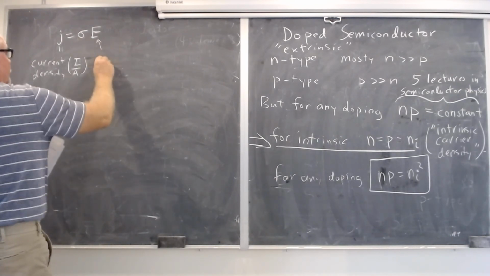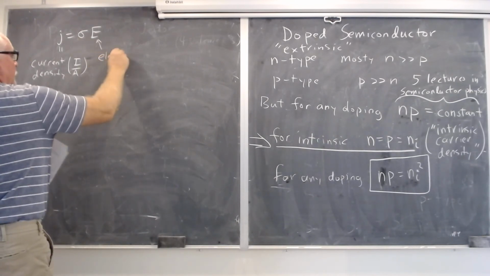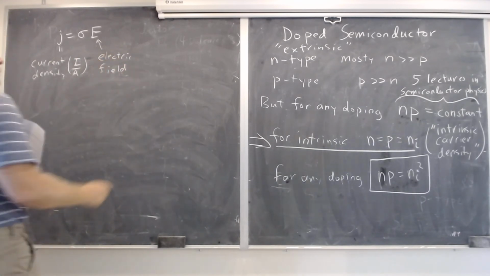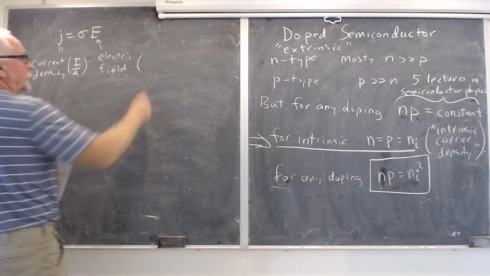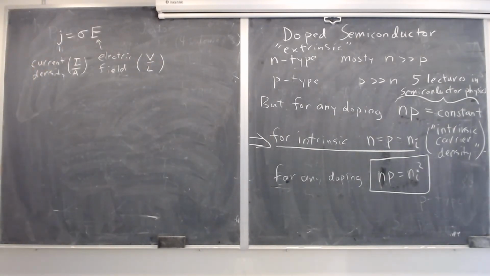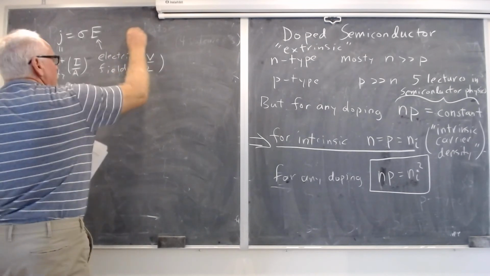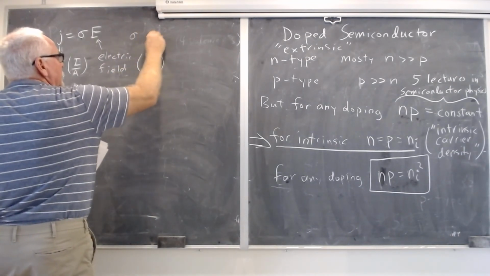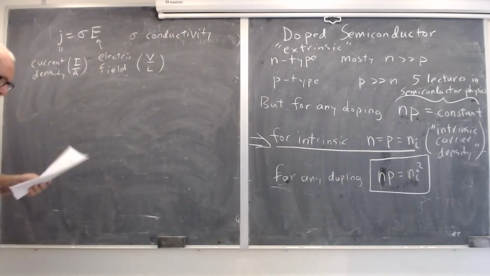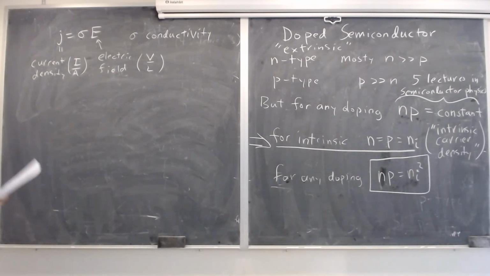This, of course, is the electric field, which is given by V over L, voltage over length. You can think of it as this is sort of how sigma, the conductivity, is defined. And in the notes, I show how you connect that to the usual Ohm's law you thought of as,